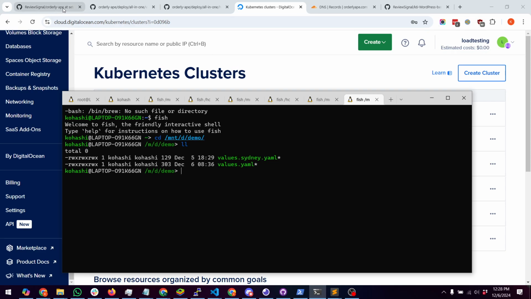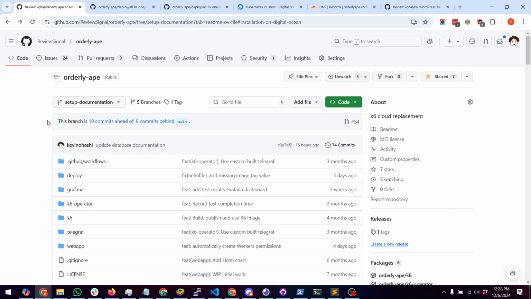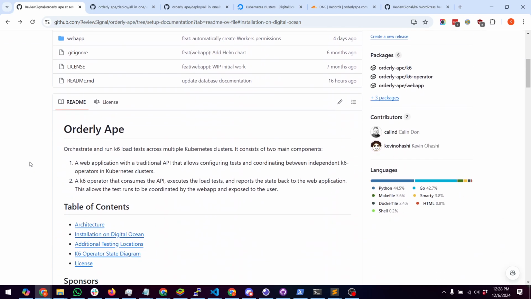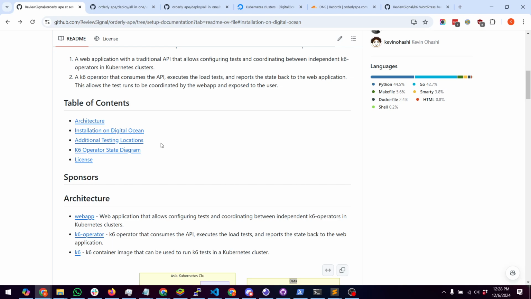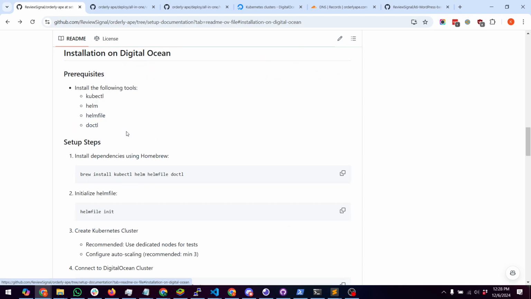The first thing you're going to do is go to GitHub. This project is by Review Signal, so go to github.com/reviewsignal, and the project is Orderly Ape. When you get here, there are some installation instructions. We were generously sponsored by DigitalOcean for an open source grant, so we built a lot of this on DigitalOcean first, and so the instructions are DigitalOcean specific right now, but it should work on any Kubernetes cluster